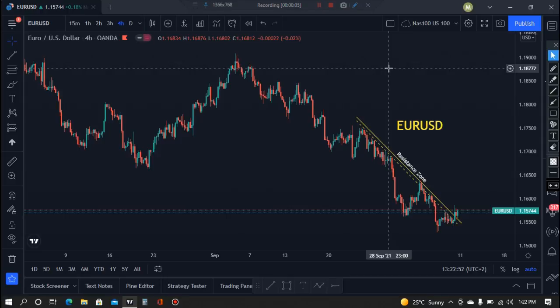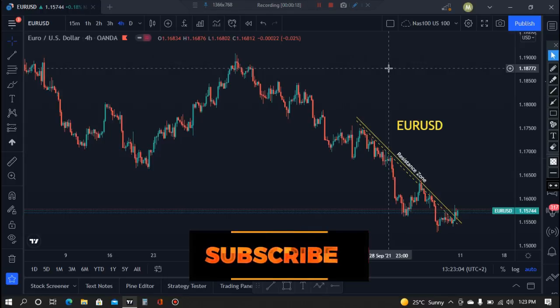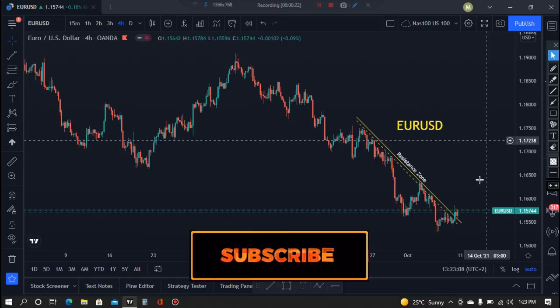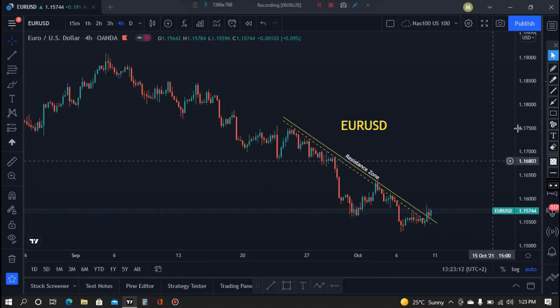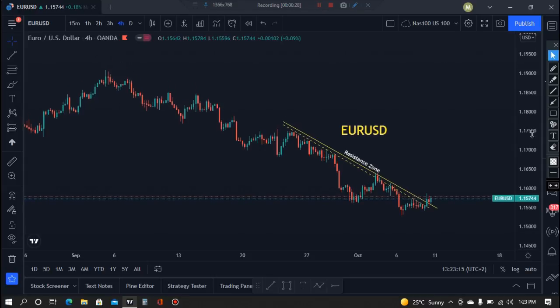So let's go straight to our weekly analysis. I will just start with the Euro USD. And yeah, we're ready to start another new week. So on Sundays like this, we just prepare ourselves for Monday. As we start with Euro USD, we can see that the market is on a very strong